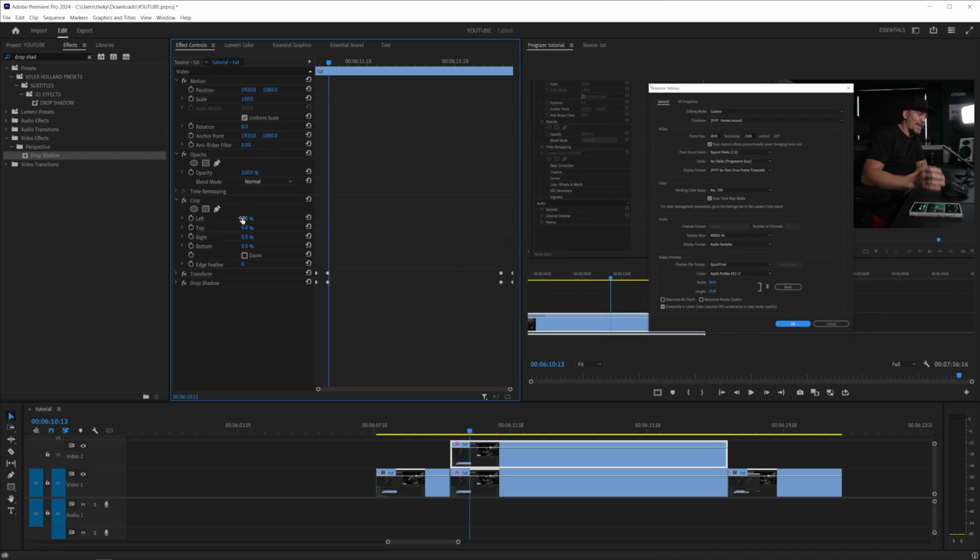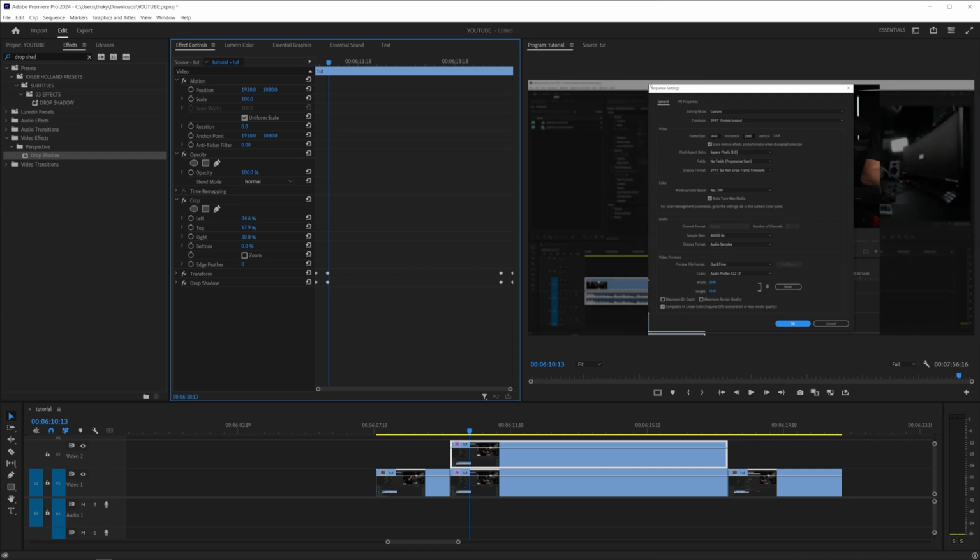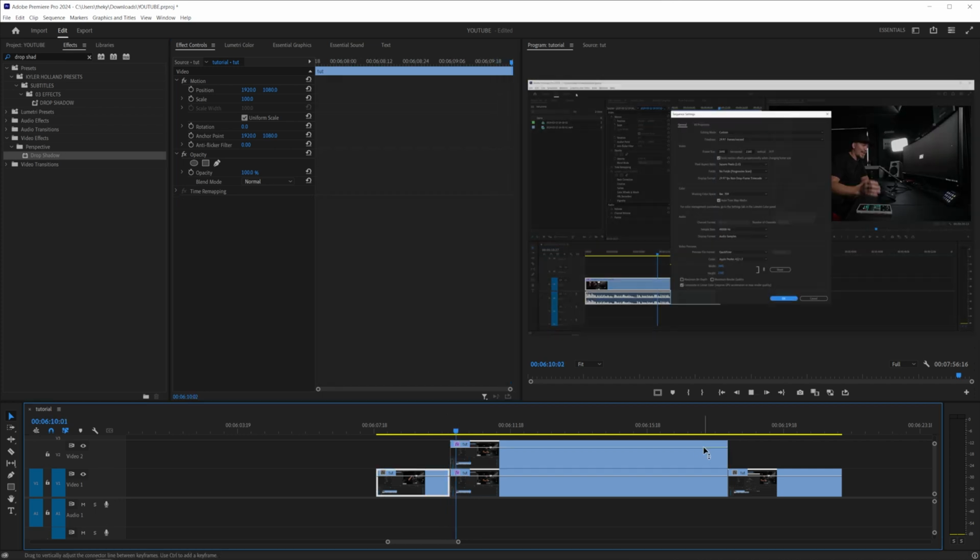And just for fun, you can see that if we drag our crops in, we have just created this preset